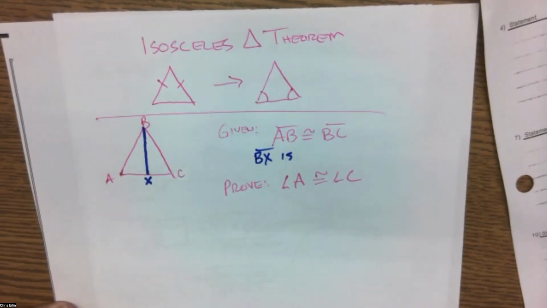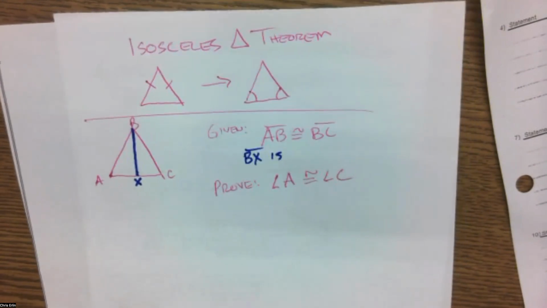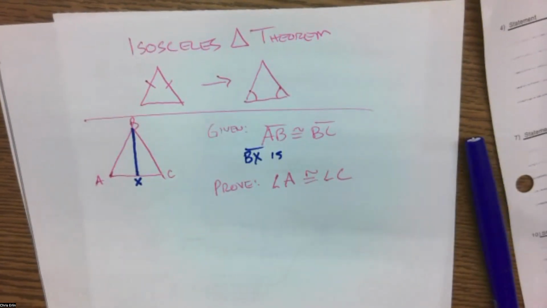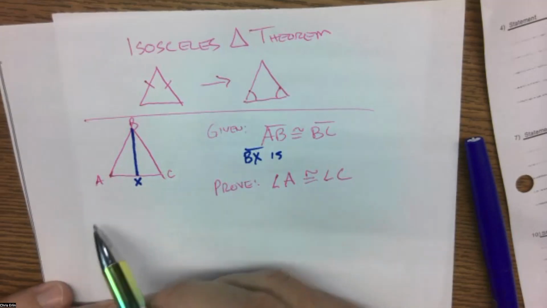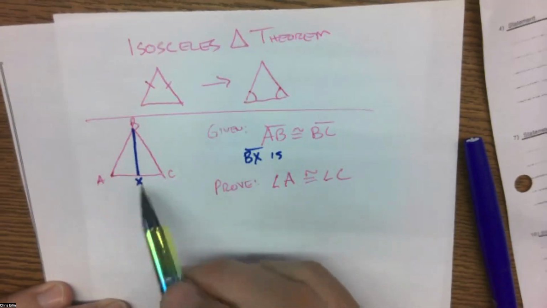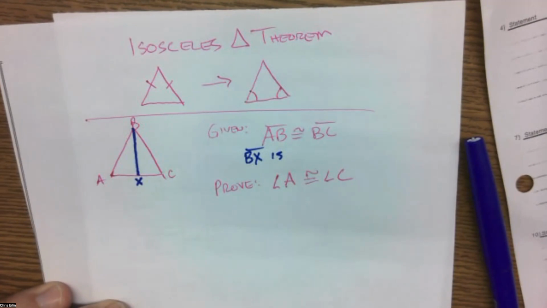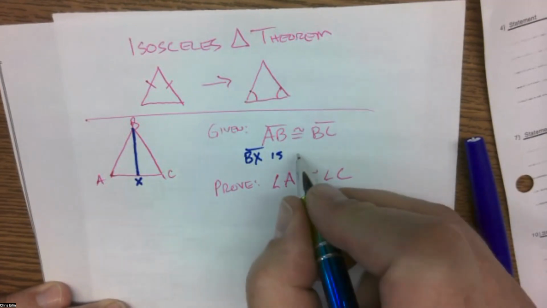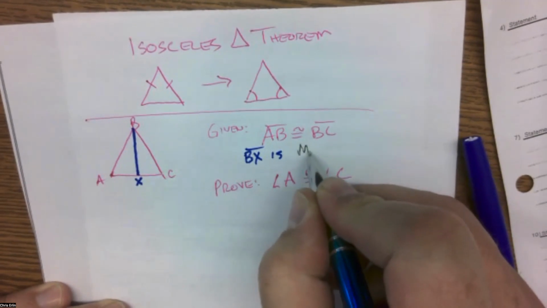A bisector? What kind of bisector? Yeah, we don't have a thing called the triangle bisector. It's clever. Maybe we should have one, but we don't yet. What would have to be true about this BX for you to say, that's cutting it right in half? Yeah. Good. So that's called a median,